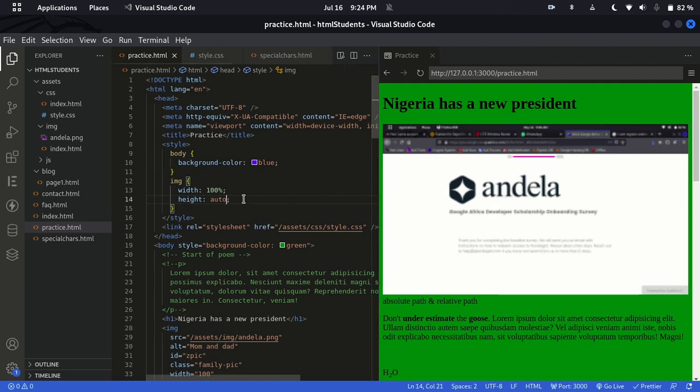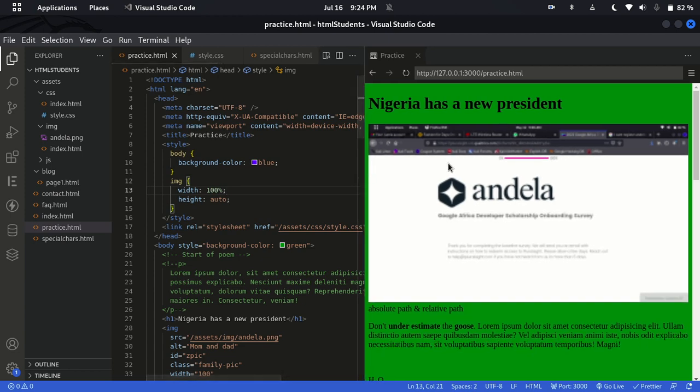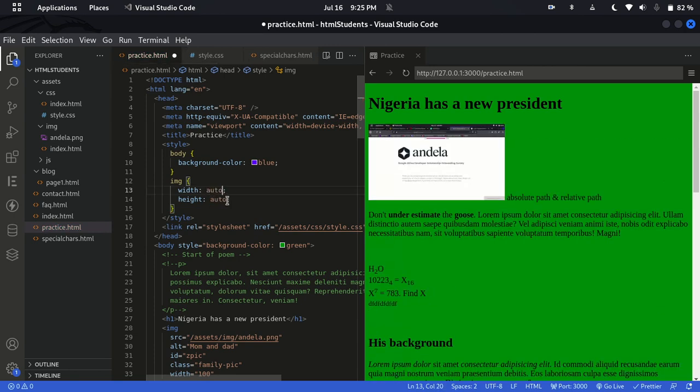What I mean by aspect ratio is that if the actual width is 100 pixel and the height is 50 pixel, if you adjust the width of the browser a bit and the width automatically adjusts itself to like 120, the height automatically adjusts as well. So if I set the width to auto and I set the height to, let's say, 100%, that is not really effective,